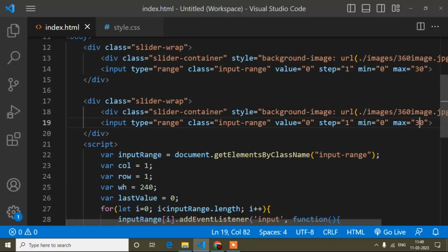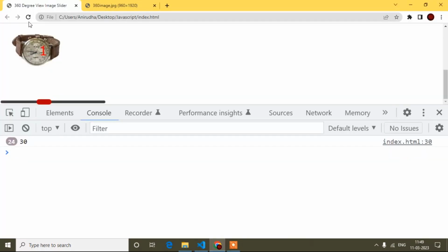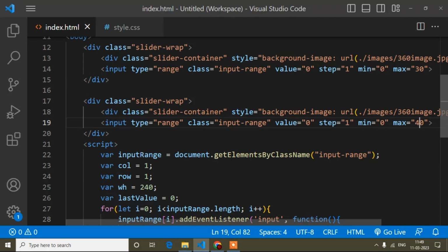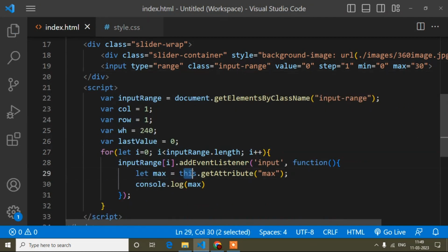But if I change it to 40, then for the second image I will get 40. So the first gives 30 and the second gives 40. Separately I can take this max value using this keyword. I hope it is clear.